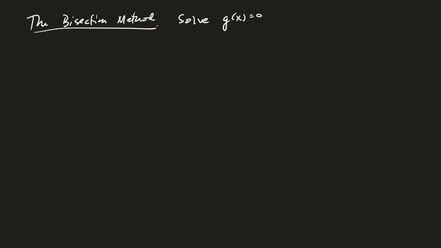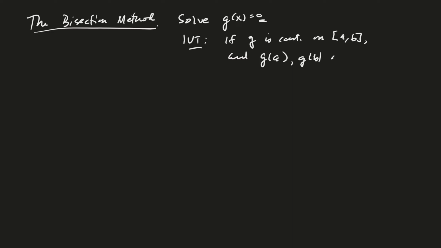And the idea comes from the intermediate value theorem, because the IVT says that if g is continuous on the closed interval from a to b, and g of a, well, I'm changing it a bit for this application because I'm looking for where g of x is equal to 0. In general, this would be like g of x equals n. So if g is continuous on the closed interval, and g of a and g of b are opposite in sign,